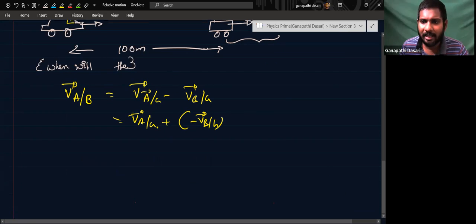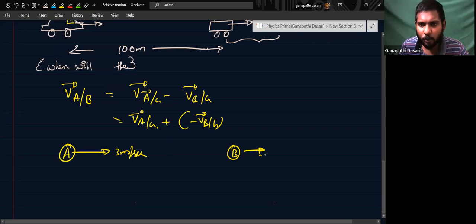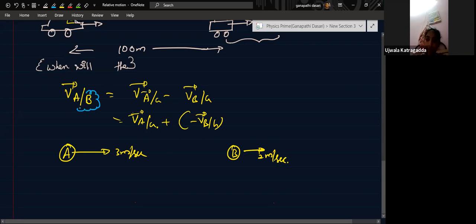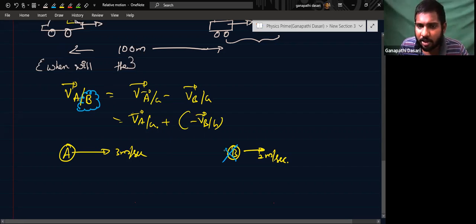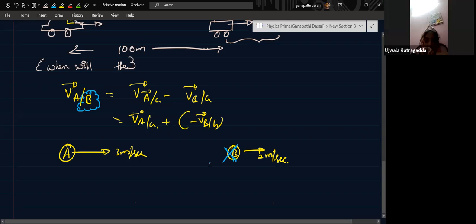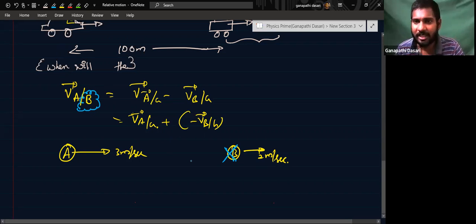Carefully see. I'll teach you a technique. So here A is there, which is moving with 3 meters per second. B is there, which is moving here with 2 meters per second. What I'll do is, with respect to B, you asked, isn't it? With respect to which object you want to find out, you just stop the object. Okay, you can write it in your book. You just stop the object, because if you are in a train, everyone in the train looks to be at rest to you, isn't it? You feel like you are not in motion, isn't it?